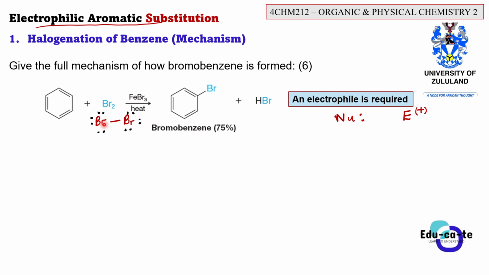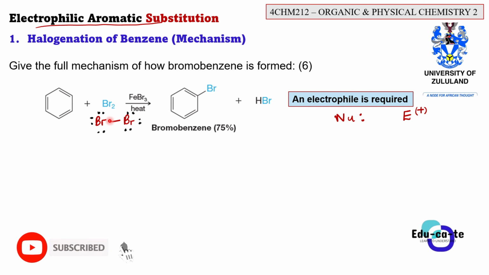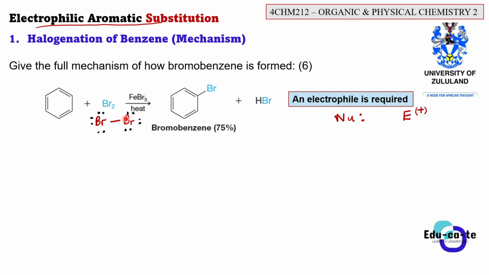You already know those concepts from your basic chemistry. Basically, this Br2 is a non-polar molecule because we have the same type of atoms here. This is a homoatomic molecule. We have the same type of atoms. They are pulling electrons equally. Their electronegativity is equal to one another because it's the same atoms, guys. So there is no electrophile here.